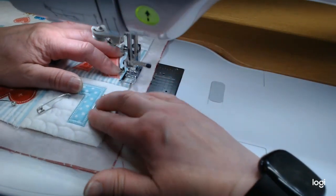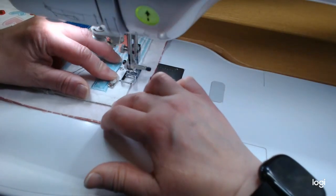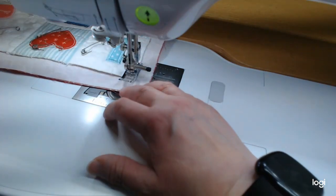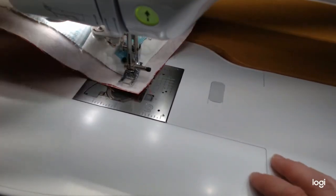All right, so we're getting around here. Got one more side to do. Haven't run out of bobbin thread yet, so I must be okay. Looks like it's still sewing anyway. Oh, guess what? Nope, maybe not. Oh, it hit my little...